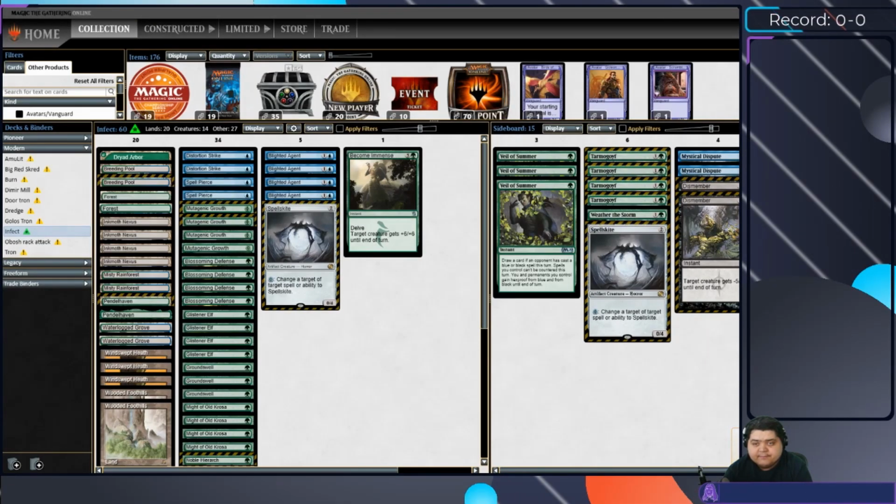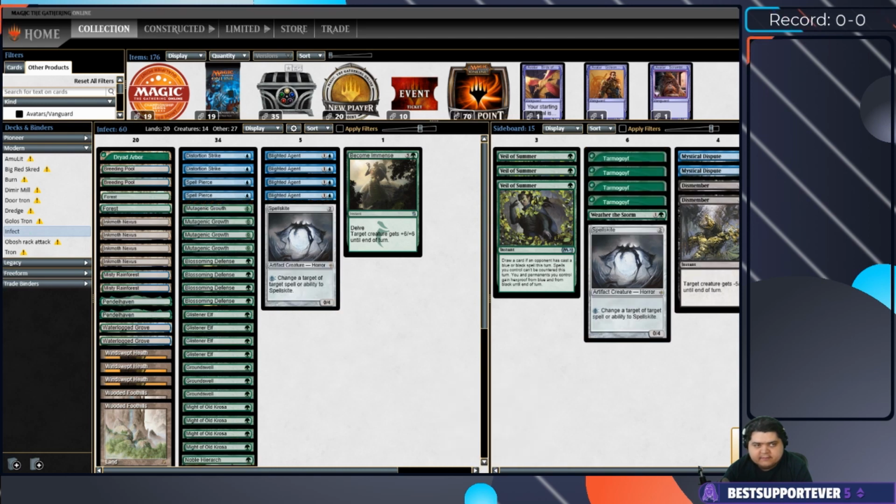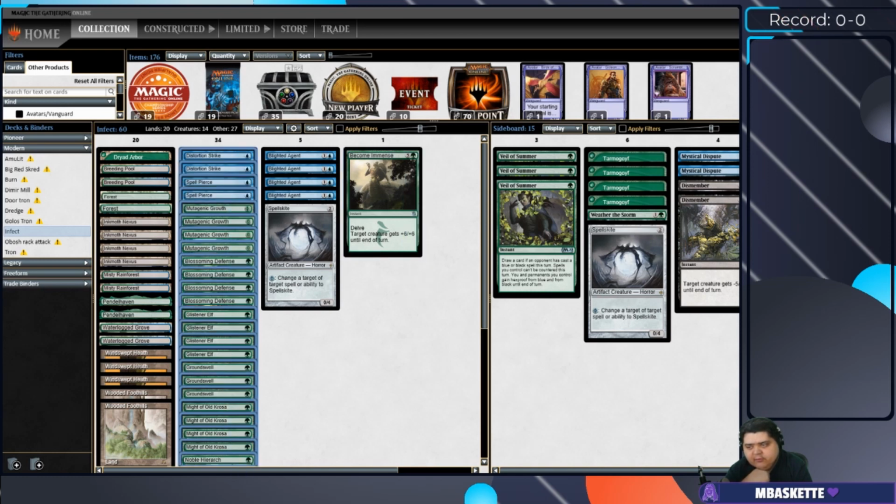And here we are with our good old Infect list that we've run plenty of times before. We'll continue to run plenty of times again. And so, as we were saying earlier, we've got the good old Becomement so that we don't have 35 1-drops to get absolutely blown out by Chalice of the Void, game 1, and then Blighted Agents and Spell